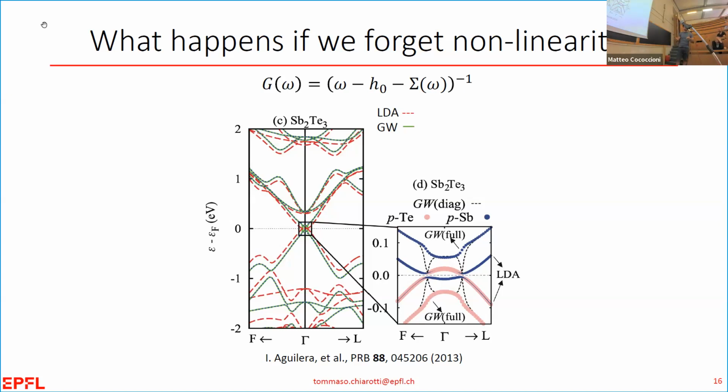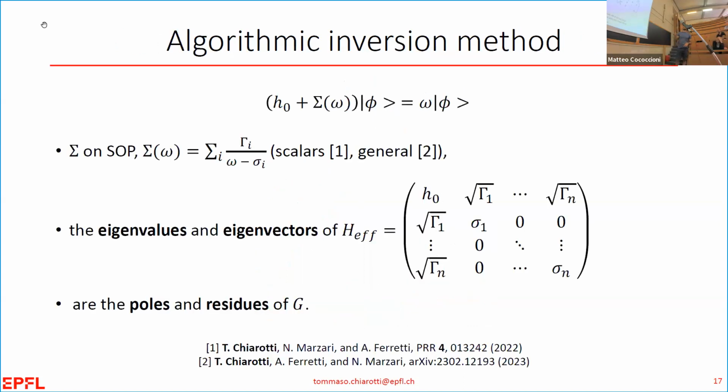So instead, if you solve the exact equation, they solved it simply by inverting the operator at the frequencies. They do not find the solution of the equation, you just find the solution on a grid. But anyway, you can do that, and you actually demonstrate that it is useful and very important when there are band crossings to solve the full equation. Okay, now our strategy instead is not to find the solution on a grid, it is to find the solution of the equation.